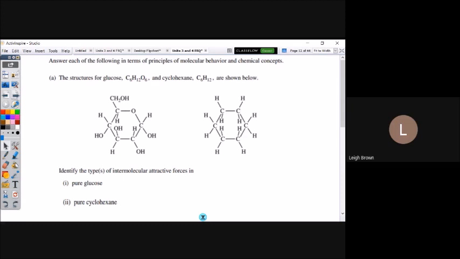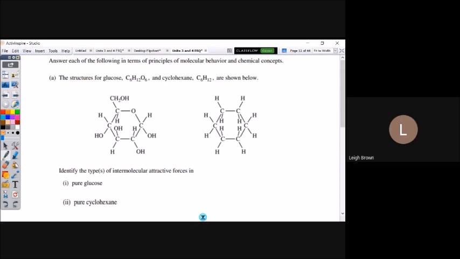Now we're going to get to another IMF question. This was an older one. I think it's still a very good question, and I can see something like this. They like to give you structure. I don't know if you're going to have to try to draw a Lewis structure on this exam. I would think not if they expect you to type, but I can't promise anything like that.